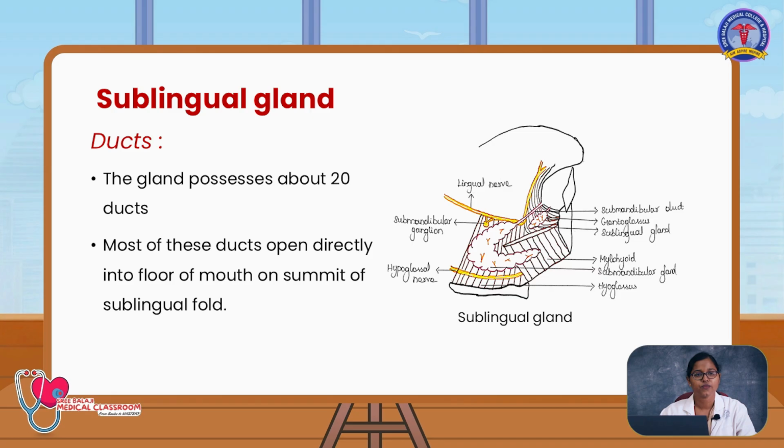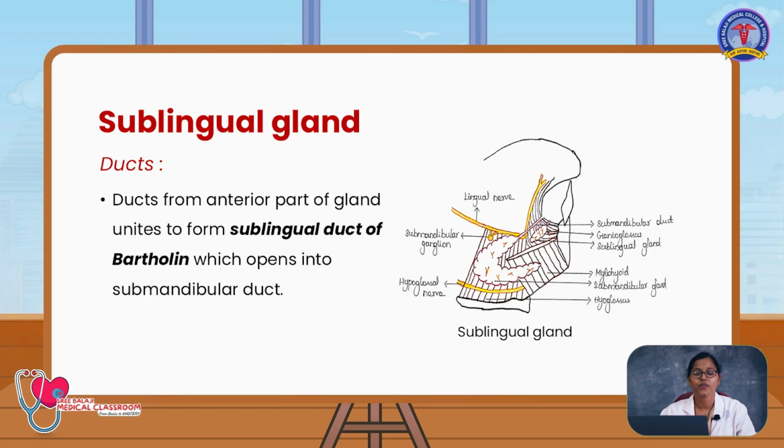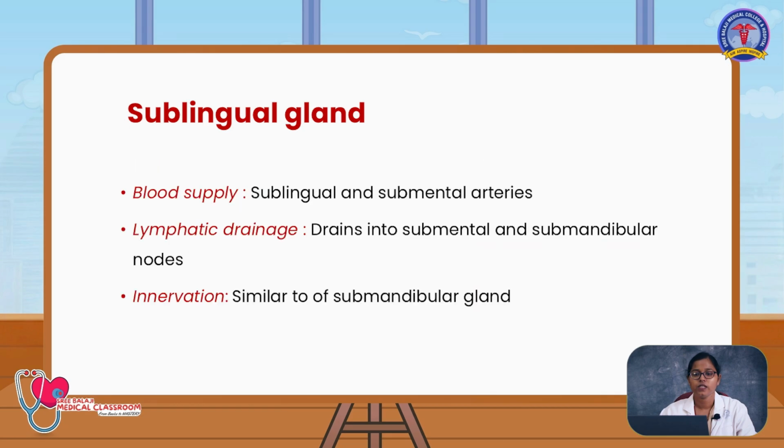Next are the ducts of the sublingual salivary gland. The gland possesses about 20 ducts. Most of these ducts open directly into the floor of the mouth on the summit of the sublingual fold. Ducts from the anterior part of the gland unite to form the sublingual duct of Bartholin which opens into the submandibular duct. The blood supply of the sublingual gland is by the sublingual and